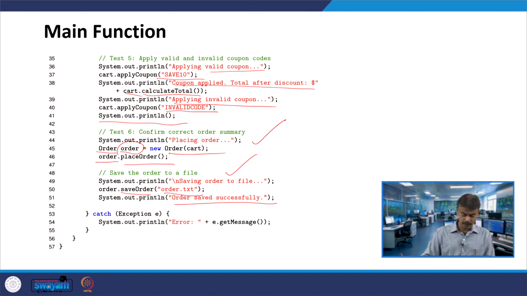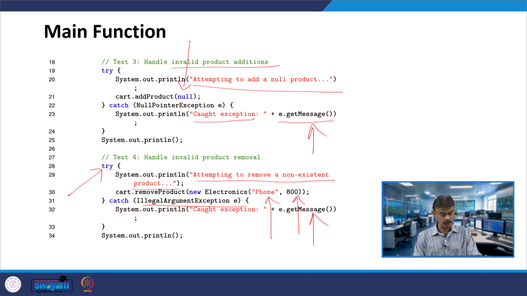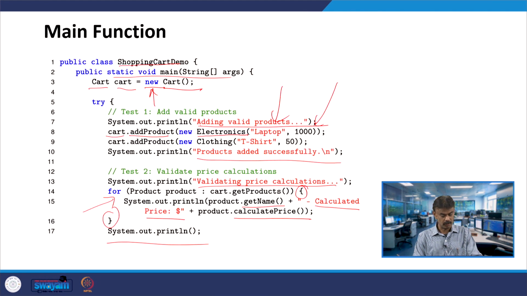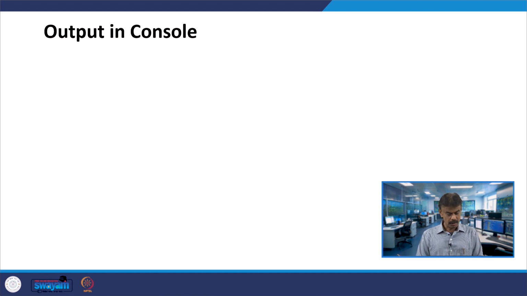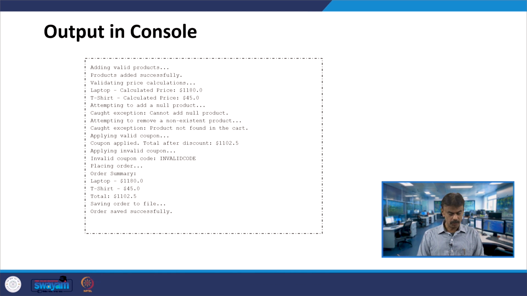In case of any problem, here you are having all the cases, because you are trying. So, here you are having try, it is continuing, and then finally catch. In case of any exception, it will be caught. So, all your tests and saving the order to a file will be over, and in fact, when I run the code, I will get the output like this. So, what you can do in this case, I will run.